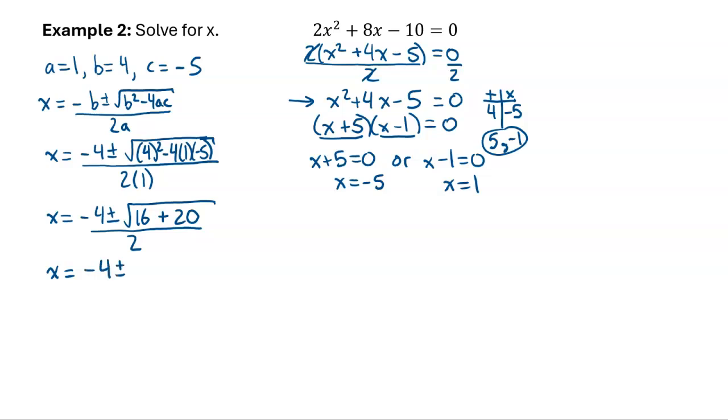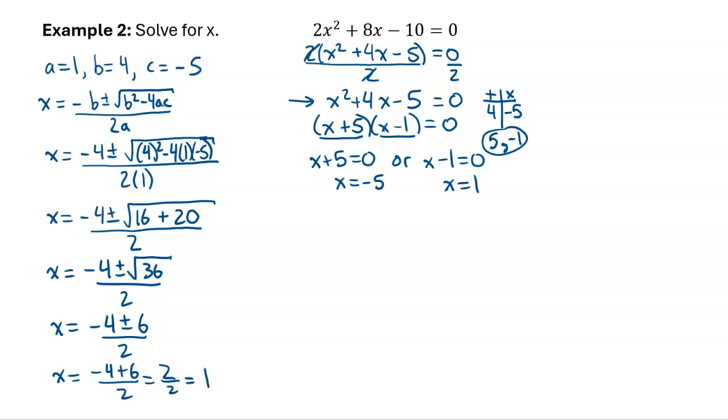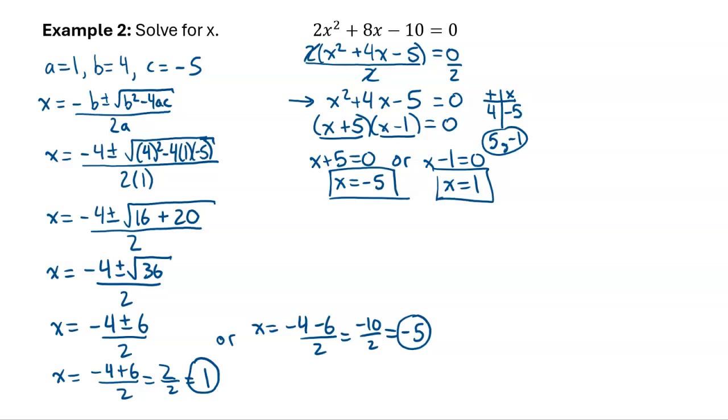We get negative 4 plus or minus the square root of 36, all divided by 2. Well, we can take the square root of 36. That's a whole number, so it's plus or minus 6 over 2. And so we get x equals negative 4 plus 6 over 2, which would be equal to 2 over 2, which would be equal to just 1. Or we would get that x is equal to negative 4 minus 6 over 2, which would be equal to negative 10 over 2, which would be equal to negative 5. And so we get the same answers we got before, the negative 5 and the positive 1, by using the